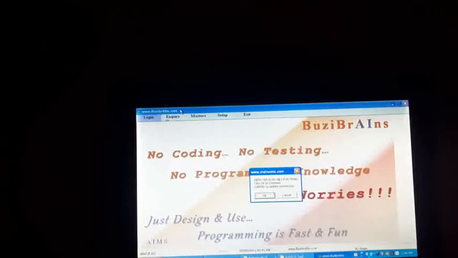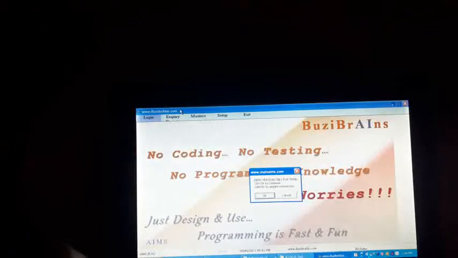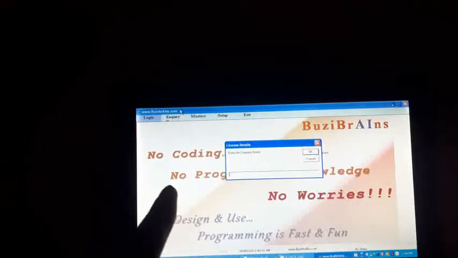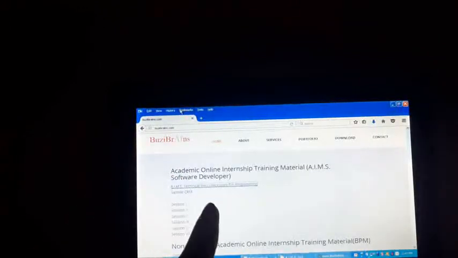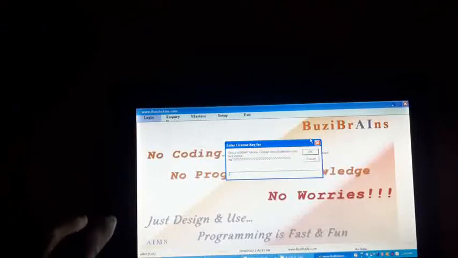Now you can see the screen where it is asking you for the license key. So you can click on cancel and update the license key which has been provided to you. Now in my case, I already have the keys with me. So I will just enter the key. Now every key has two aspects to it. Okay, I have to cancel this so that I can get my keys.